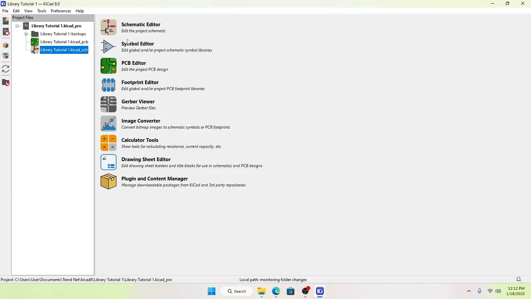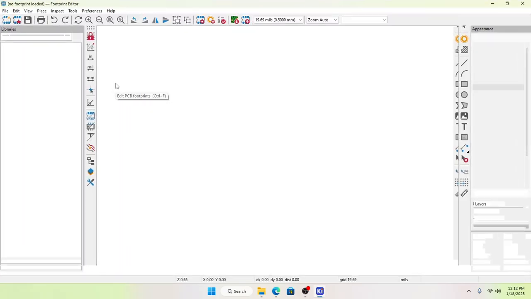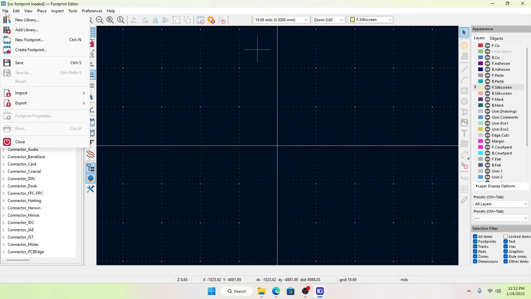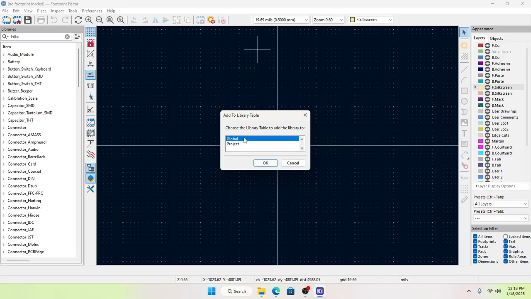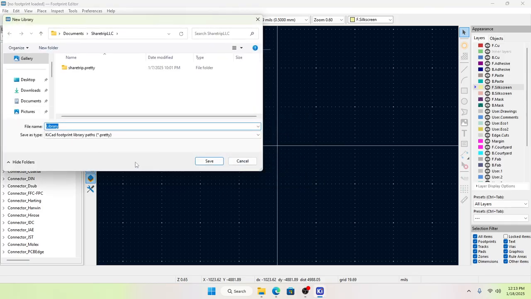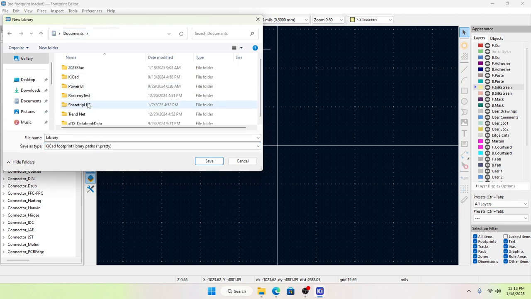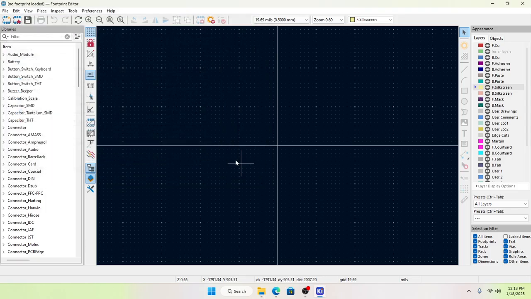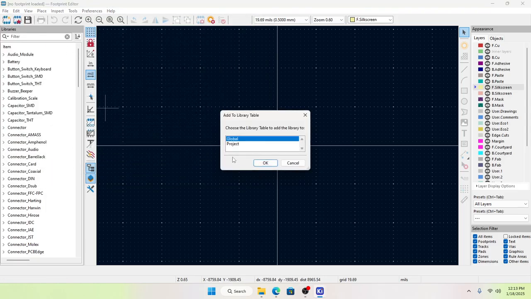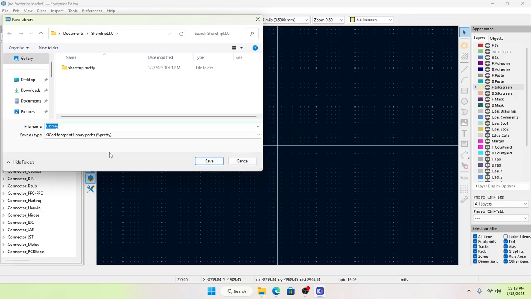All right, so there's two things, right? The symbol and the footprint. So on the footprint, we're gonna go footprint editor. All right, footprint editor. And now here we're gonna say file, new library. It's a global library we're gonna make. What name are we gonna give it? Documents. Okay, so we're gonna go file, new library, global. We're gonna say